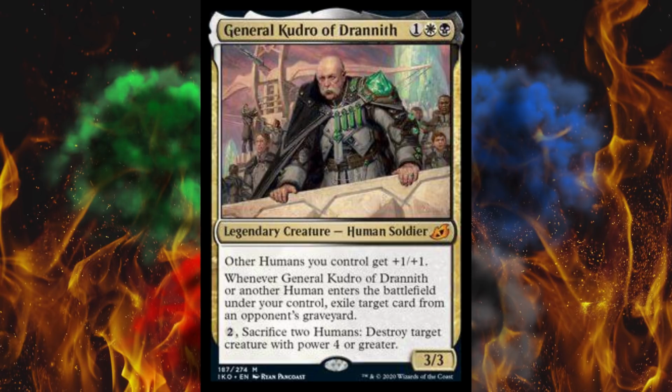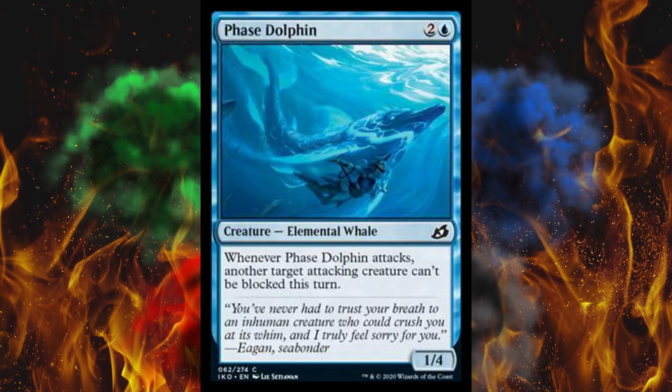This is going to be a popular commander. I'm just calling that right now. Hell, this guy might go in like Modern Humans. I don't even know. Next up, we've got Phase Dolphin. Okay. It's a 3-cost 1/4 elemental whale. Okay. Is it a whale or is it a dolphin? Whales aren't dolphins. You've already lost me, but when Phase Dolphin attacks, another target attacking creature can't be